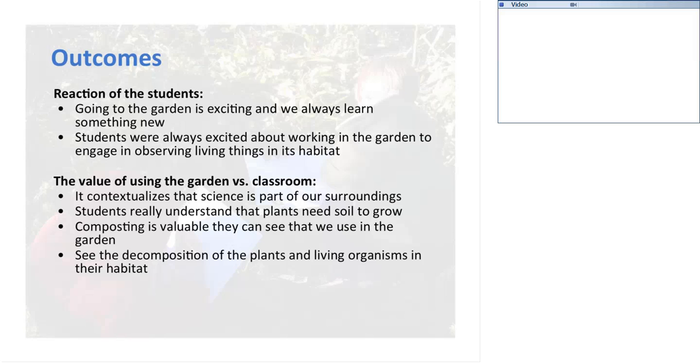And the composting, I think, is excellent because the students can see the worms crawling in there, and they can see how the living matter has decomposed. So it's really exciting for them to see that the apple that was there, when they look at it again, has disintegrated and has become a part of the soil. So I think that's